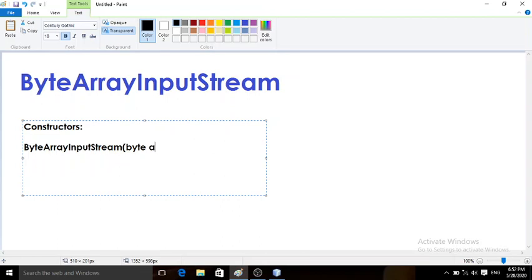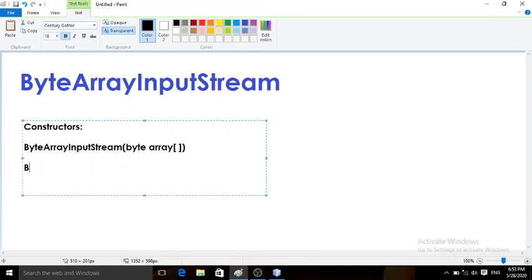Let us consider I am giving the argument name as array only. So this is the first constructor, that means here you can use the argument as an array of bytes.